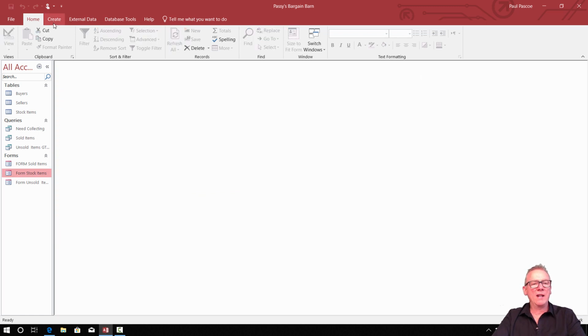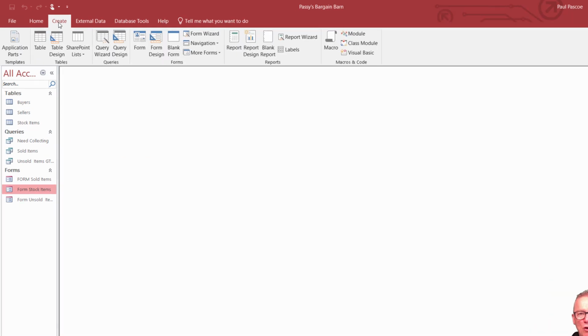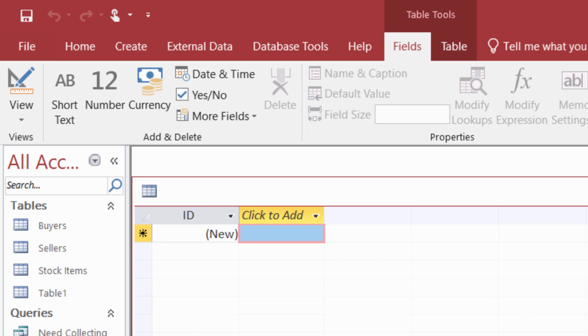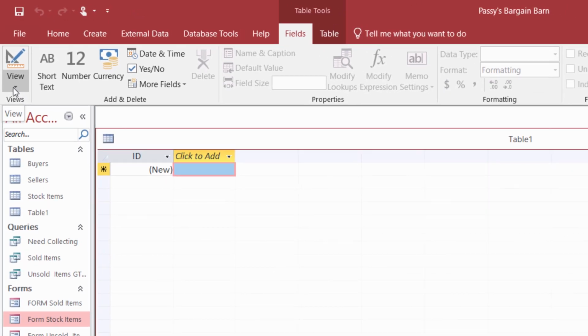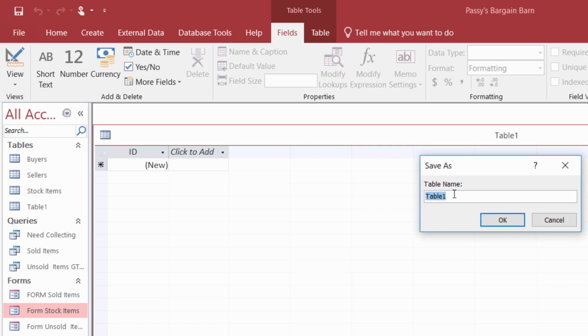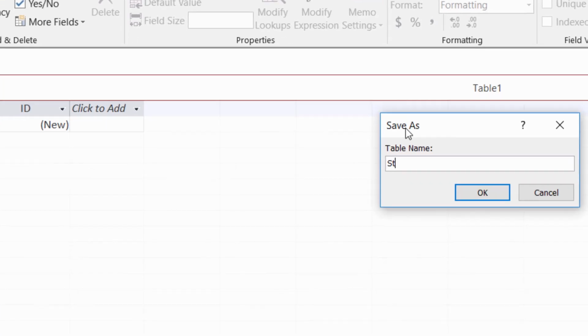All right, step one is to create the table. So we go onto the Create tab up the top here and we choose Table. Now this is just going to be a simple one-column table. In the left-hand corner here, View, let's go into Design View. And this table needs a name. And we're going to call this the Status